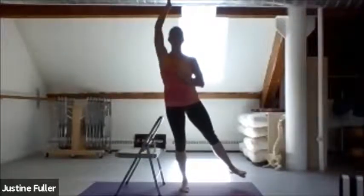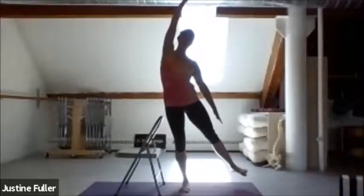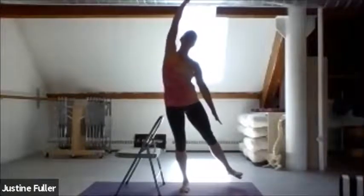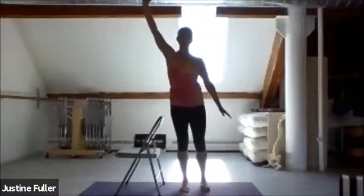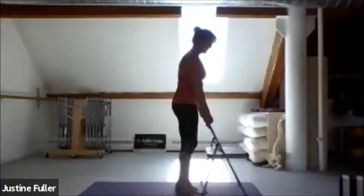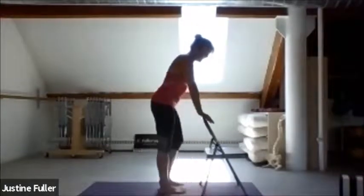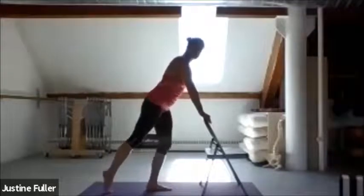Good. Arm up. Another arm down. Reach over towards that leg. 3, 4, 5, 6, 7, 8. Good. Okay. Ooh, felt that. Okay, we're going to bring that chair around and hands on the back of the chair. Take your right leg back